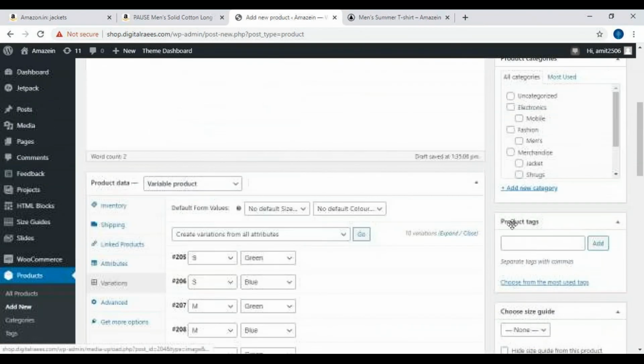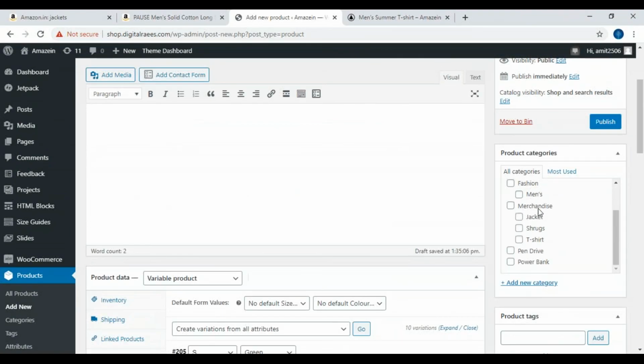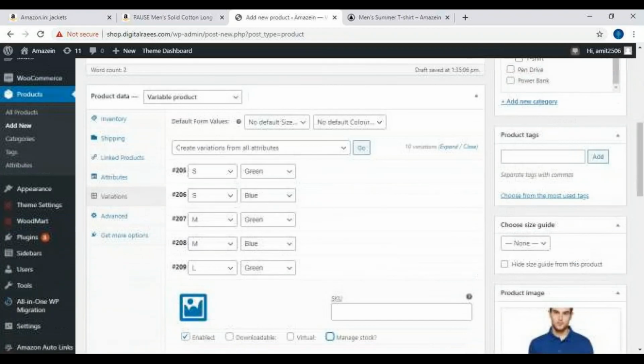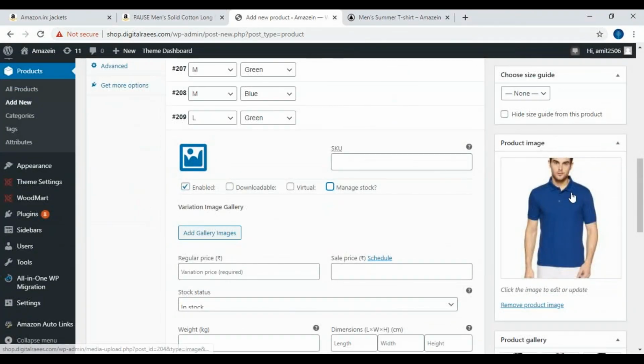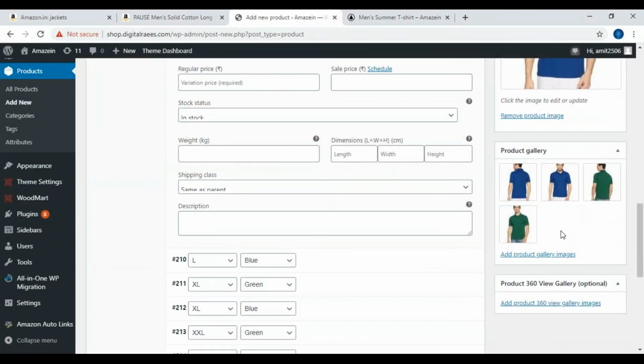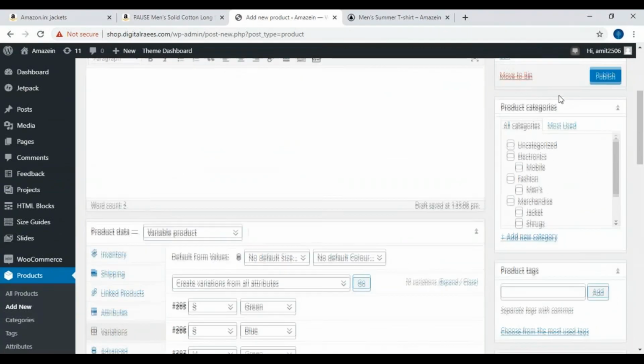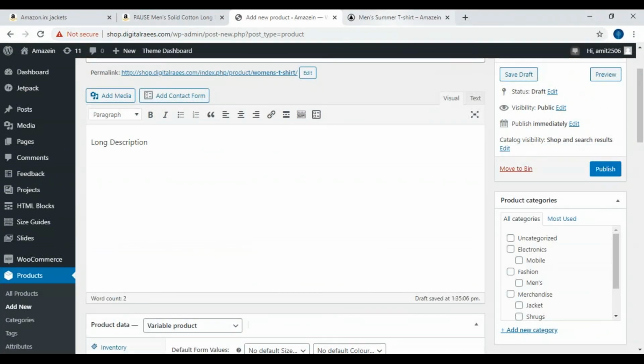After that, you will give the category. So you can put a parent category and the main category, product tags, product image, and your gallery, and you have to publish. Okay. So now everyone do it and ping me your link once it is done.